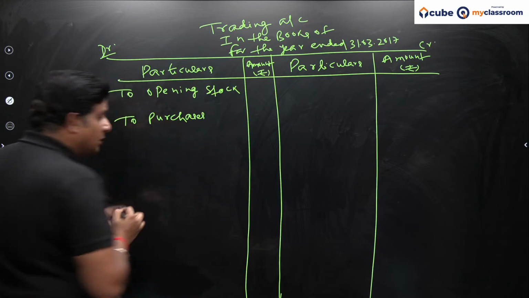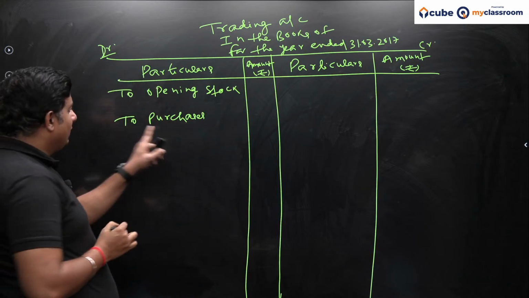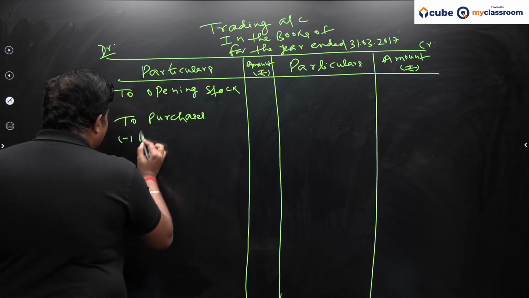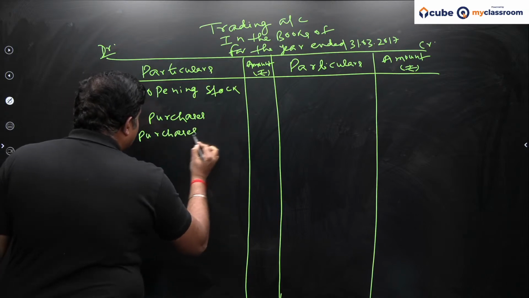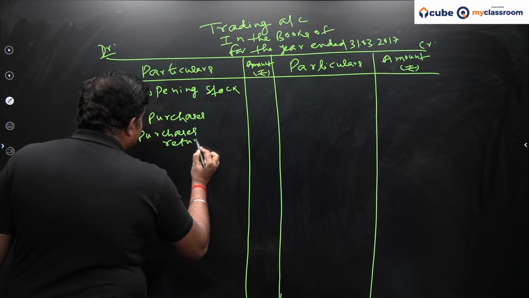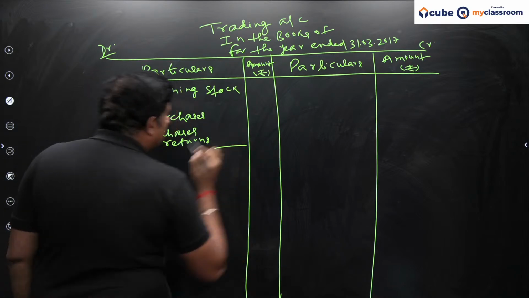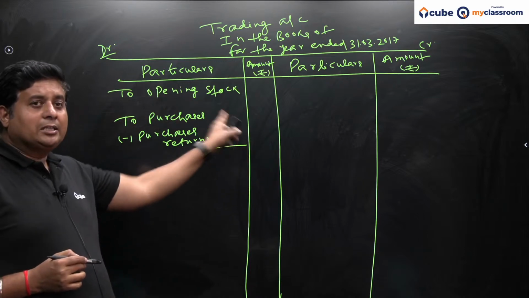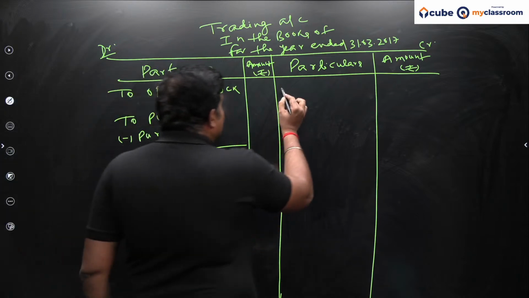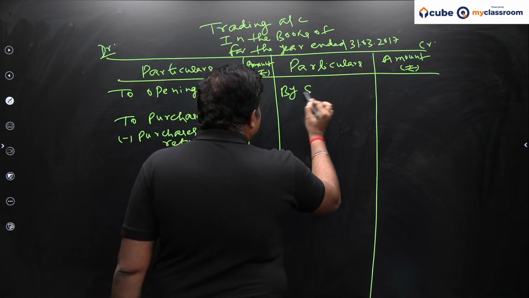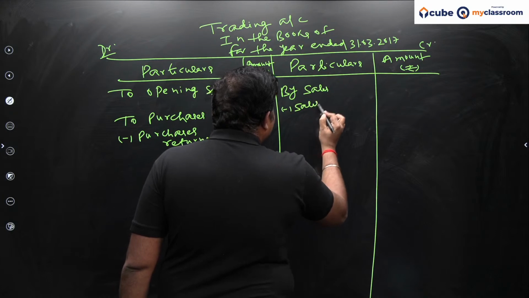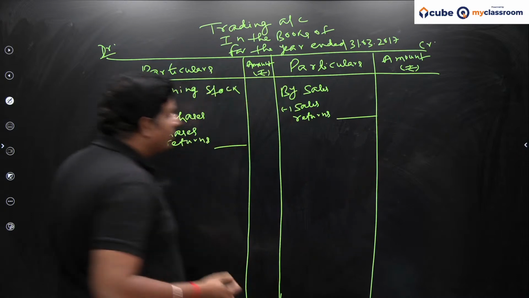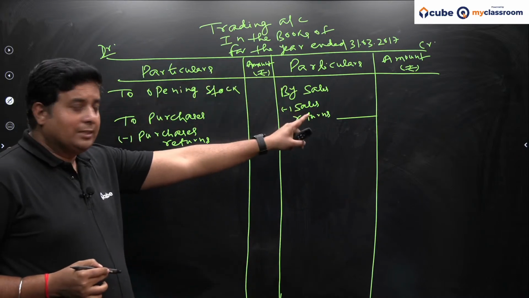जैसे कि इस क्वेश्चन में परचेज रिटर्न भी मेंशन है, डेफिनेटली मैं वैल्यू भी लिखने वाला हूं, लेकिन जैसे परचेज रिटर्न मेंशन है तो आपको यहां एक जो मेन अमाउंट है वो यहां लेना है और उसमें से परचेज रिटर्न सब्ट्रैक्ट करने के बाद जो फाइनल वैल्यू होगा उसको हमें यहां दिखाना है। सो दिस इज एक्चुअली ट्रीटेड एज योर इनर कॉलम। सेल्स आपको सबसे पहले यहां लिखना है एंड जैसे क्वेश्चन में हमने देखा कि उसमें सेल्स रिटर्न भी है, तो इनर कॉलम में सेल्स की वैल्यू लिख के और इसमें से सेल्स रिटर्न को सब्ट्रैक्ट करने के बाद जो भी फाइनल वैल्यू, दैट इज द वैल्यू ऑफ नेट सेल्स, वो हमें आउटर कॉलम में दिखाना है।